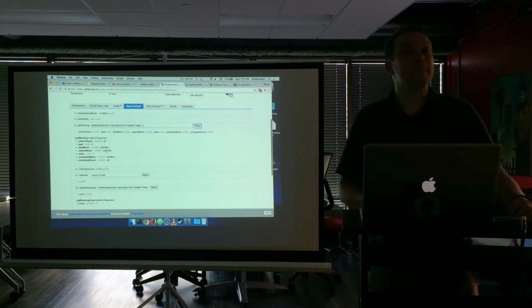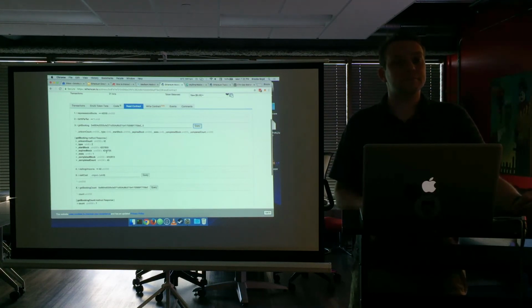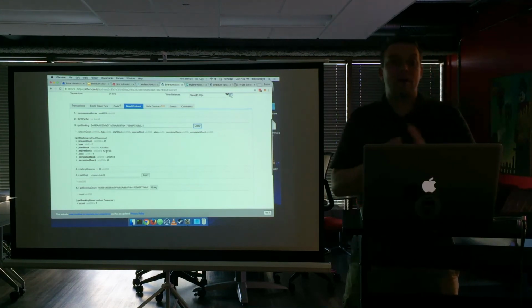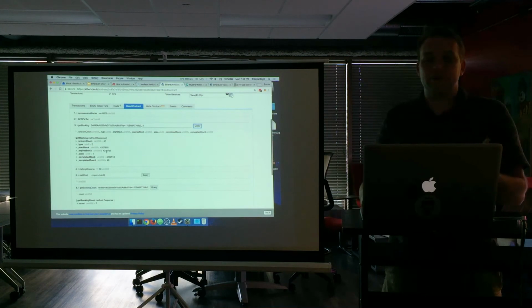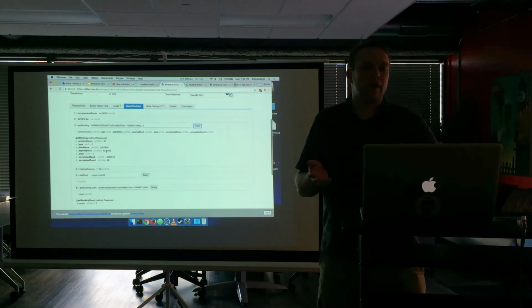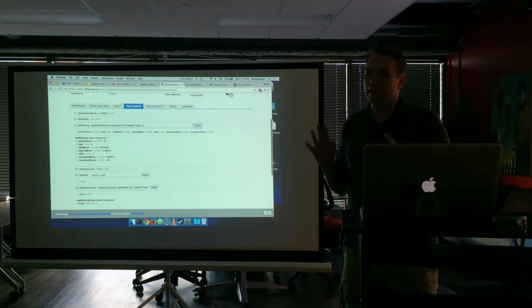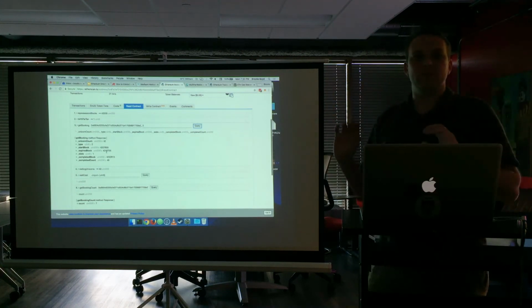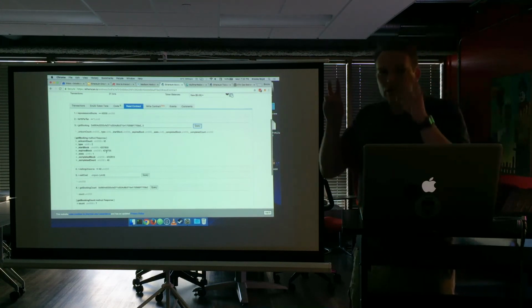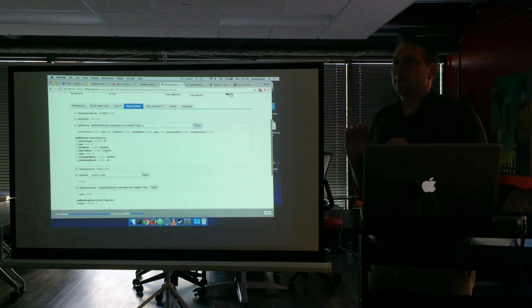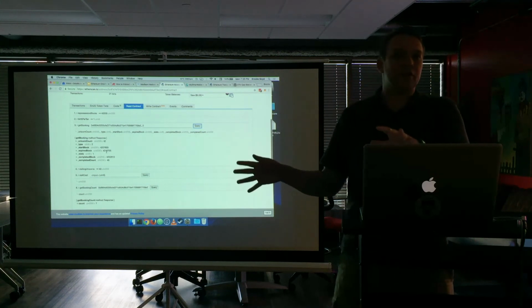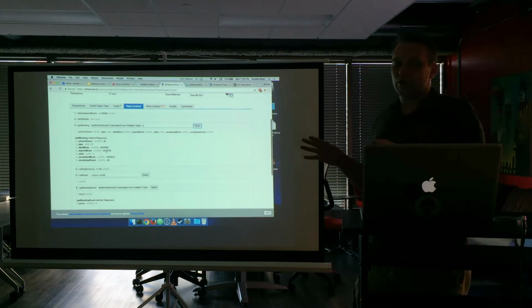Is there a way to test the program before you put it on the blockchain? Sure. The question was about testing a program before you put it on the blockchain. From a developer perspective, yes. Ethereum has several what they call test networks that you can publish to. The test networks are global, but everyone agrees that it is a clone of Ethereum, so everything works the same, and you can get quote-unquote Ether on the testnet. It's just that everyone agrees the Ether on the testnet is worth nothing, so it's free to give and free to destroy.